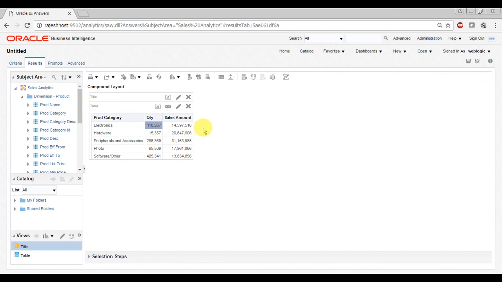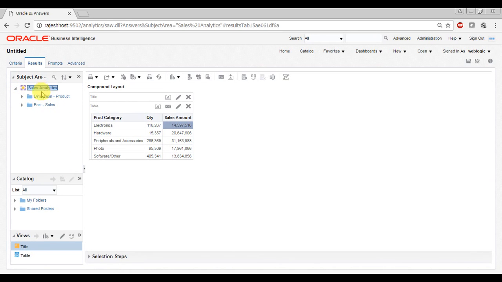I hope you understood how fact measure aggregation works from the front end, and how you see subject areas, tables and underlying columns. So that's it.